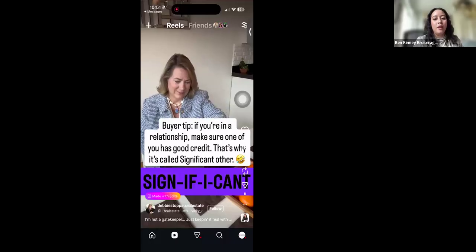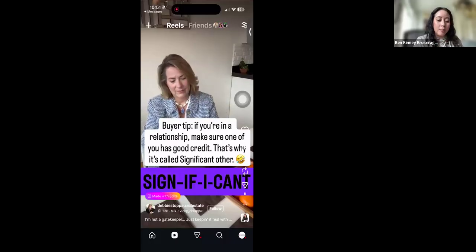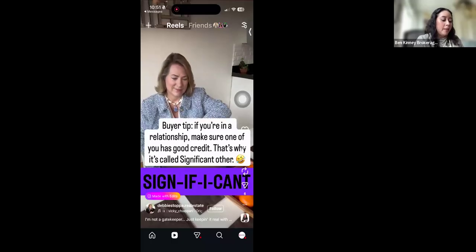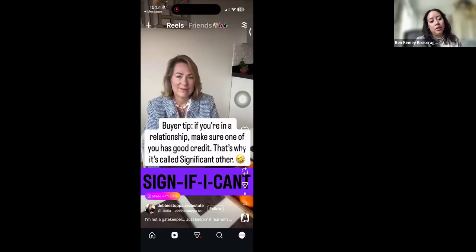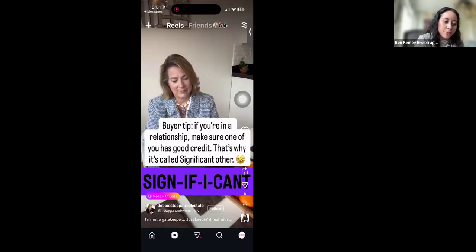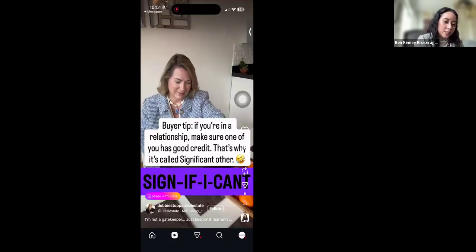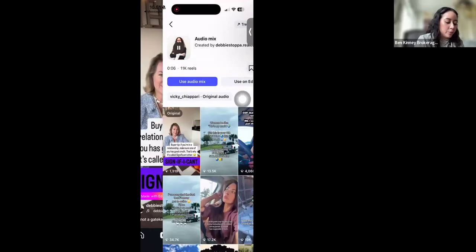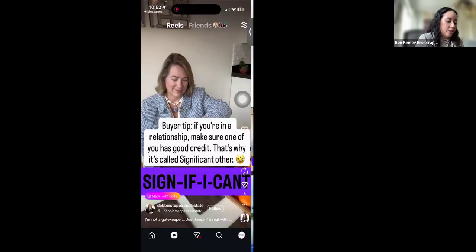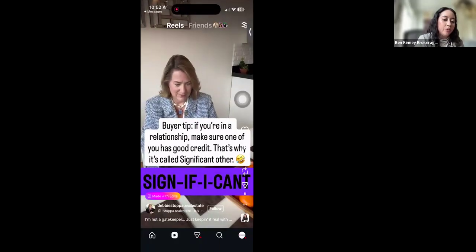There are also two reasons why this works so well: the concept is proven to work. The concept is a video of the realtor sitting here at her desk, and the text on screen is also a part of the trend itself. I can either use the Edits app, where it says made with edits, that sticker right there. I can click on that and go immediately into editing mode, or I could go into the reel, into the audio, which is that moving word right there underneath Debbie's